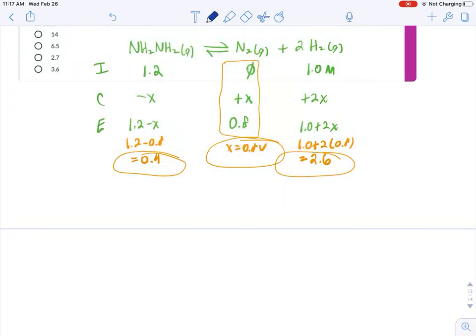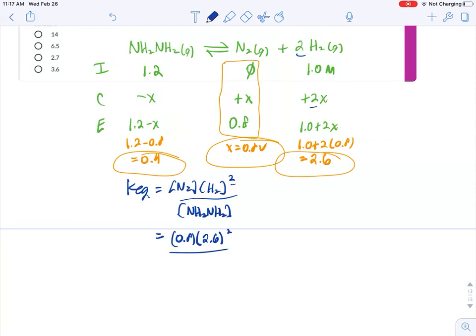So we have to create that. KEQ is products over reactants: nitrogen times hydrogen squared, don't forget the 2's, right? There's our 2, divided by hydrazine, okay? And we'll plug these in here. Nitrogen is 0.8. Hydrogen is 2.6, and we're going to square that guy. And hydrazine is 0.4. All right, and we're going to get 0.8 times 2.6 squared, divided by 0.4,